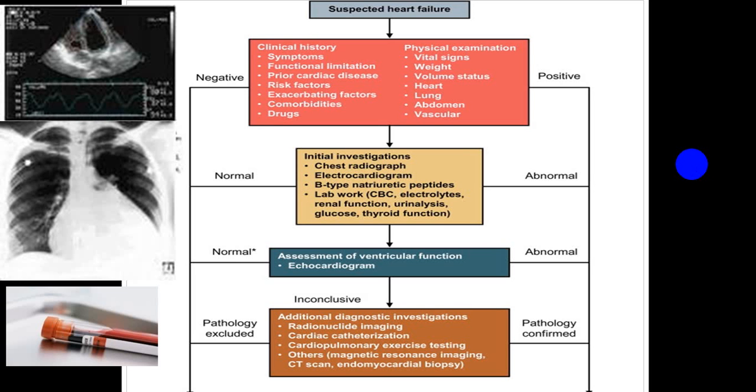etc. And to confirm, in some cases when there is a doubt, you can go for a BNP, or we call it the N-terminal BNP. The elevation of BNP or N-terminal BNP is very specific for congestive heart failure. As far as the laboratory parameters are concerned, CBC, electrolytes, renal function test, urine analysis, ruling out diabetes, thyroid function, because thyroid disorder is also responsible for precipitation of congestive heart failure. If this investigation is also in favor of congestive heart failure,